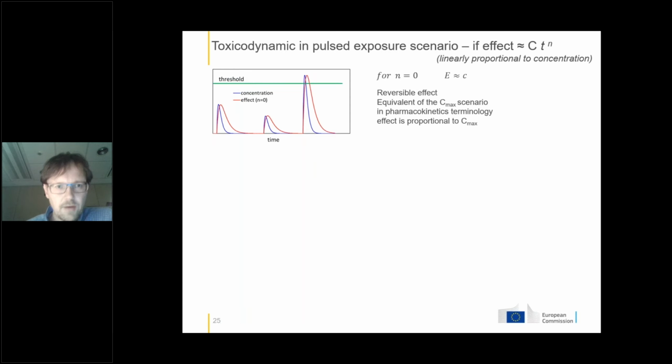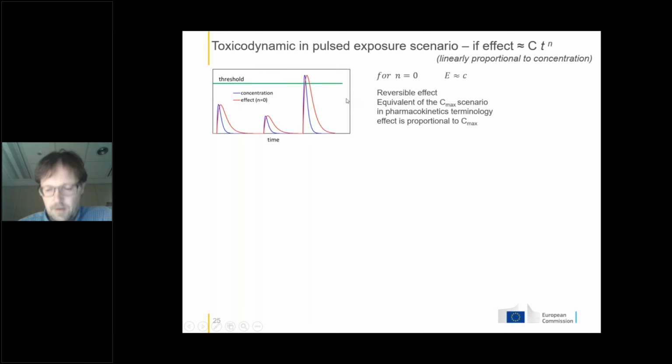And if you now imagine that there is some threshold needed for this effect to cause, for example, apoptosis, you will get this situation that only the third, the highest pulse will evoke the cell death. So this corresponds to the Cmax scenario. So the amplitude of your Cmax, so the amplitude of your chemical at the place of action, defines the amplitude of